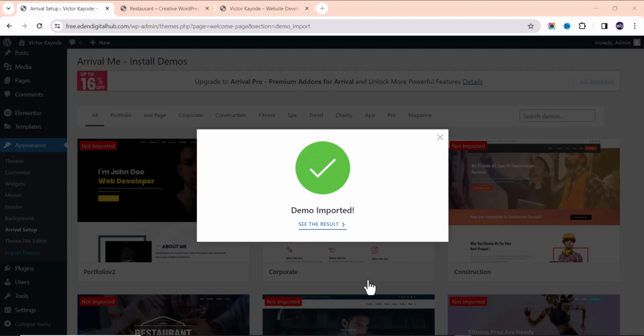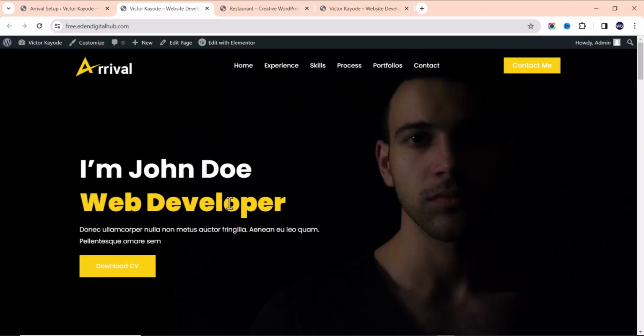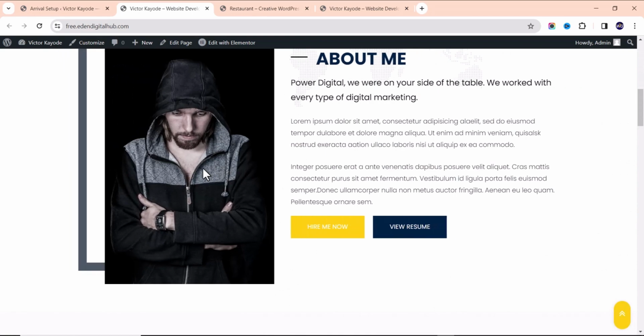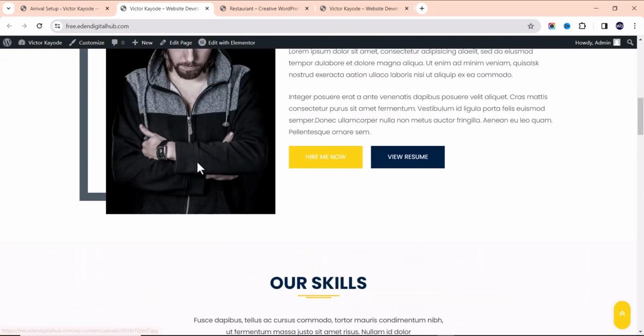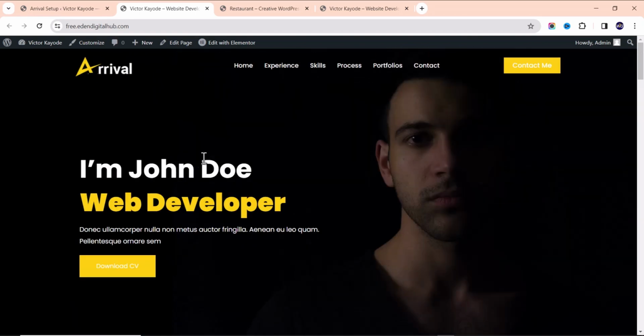Okay, you can see demo imported. Let us see the results. Click see the results. And you can see that this is very perfect. Okay, the next thing we are going to do is that we are going to customize